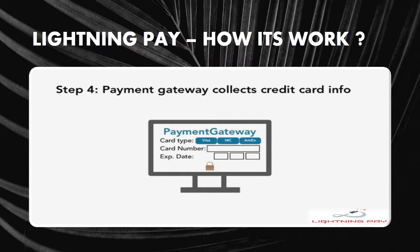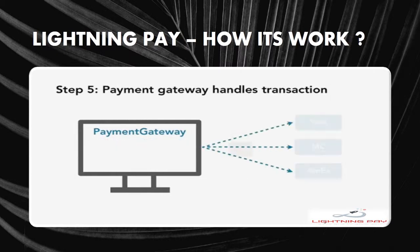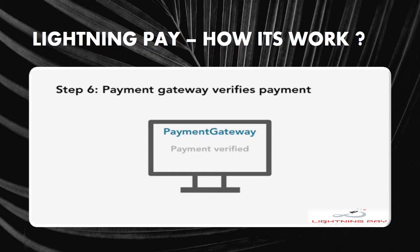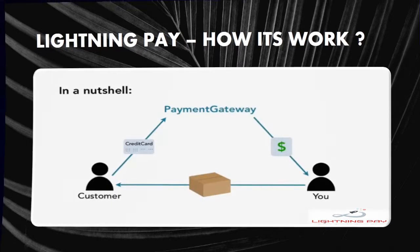Once the information is sent, the payment gateway handles the transaction and sends the information to whatever payment portal is necessary. Once that payment has been verified, the payment gateway sends the customer back to your site and tells the customer that the purchase has been completed. As you can see, using a payment gateway